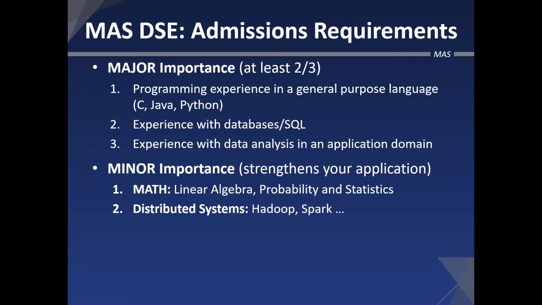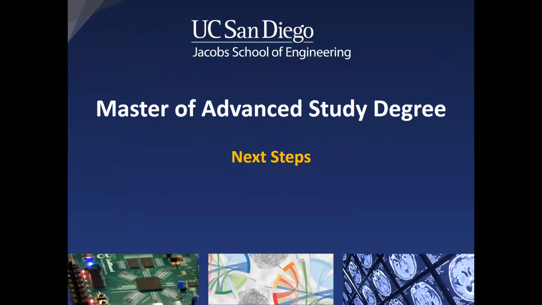So faculty are typically looking for at least 2 years of relevant professional experience. I will say over the last couple of years, the profile of the class has typically been more in the 5 to 8 years of relevant professional experience. We have a large number of applications for the program, and so faculty are able to pick people who have really strong professional backgrounds in these areas. So that is the data science program.